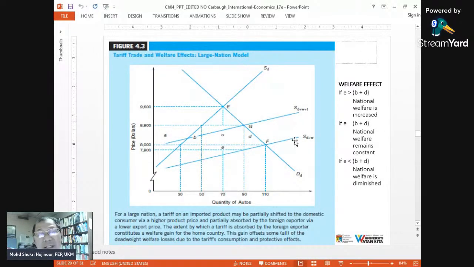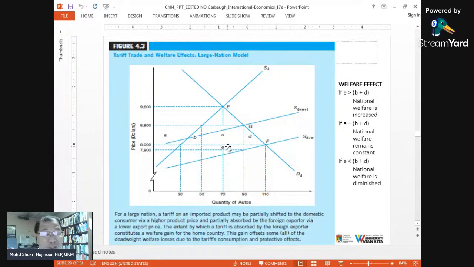This is world price. This is domestic price with the tariff. This is, the companies from other countries, this is the international price for them. At this quantity, international price is 7,900 only. So this is actually, E is the area collected by the government in terms of lower prices supplied by the foreign producers. So it's actually, E comes from